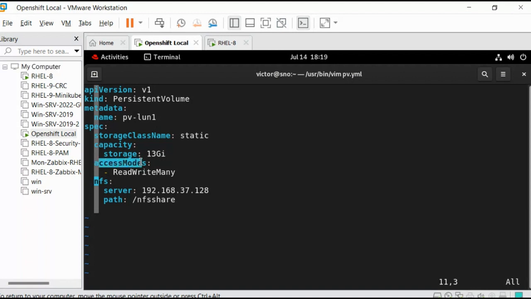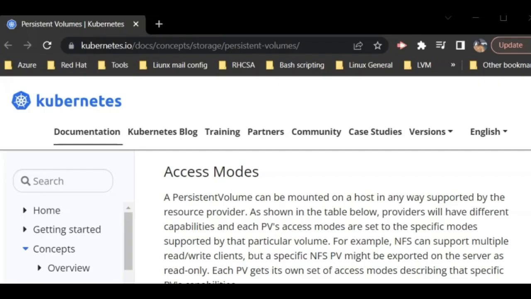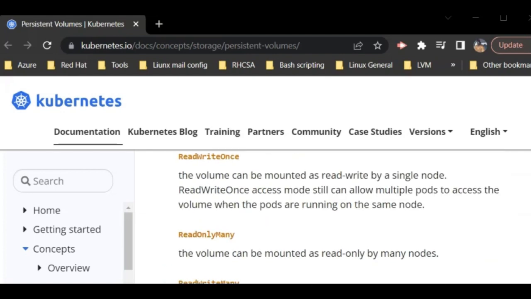And we also have access modes. The access mode is ReadWriteMany. So let's even understand what access modes are. If you check the Kubernetes website, you will see the access modes. So for ReadWriteOnce, it's saying that the volume can be mounted as read-write by a single node. So this simply means that, for example, if you have pods running on different nodes, the volume will only be mounted on one node as read-write. So only one node will be able to read and write,